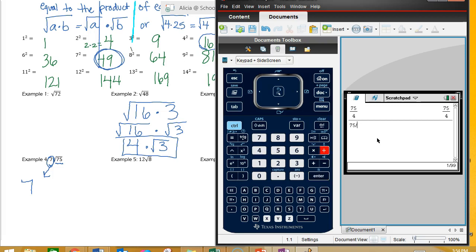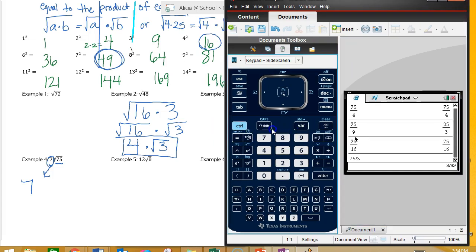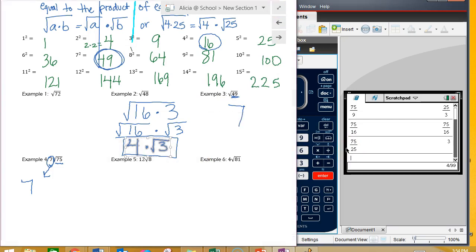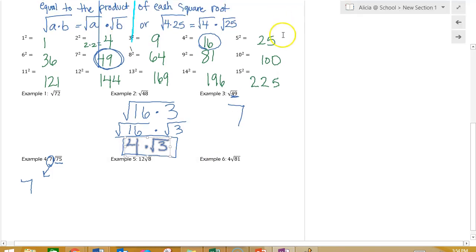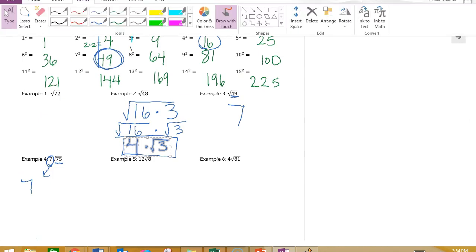Is 75 divisible by 9? No, it's not. Is 75 divisible by 16? No, it's not. Is 75 divisible by 36? Oop, I forgot a number over here. Is 75 divisible by, I believe that's 25, right? 5 squared. Is 75 divisible by 25? Yes. So right there I see that 75 can be divisible by 25. That already tells us then, well, that's our perfect square that I'm going to use to break up the number